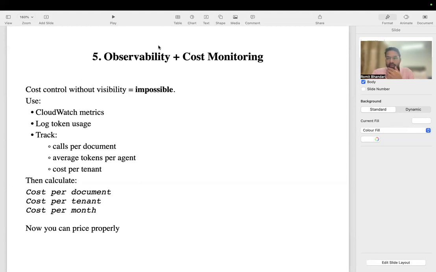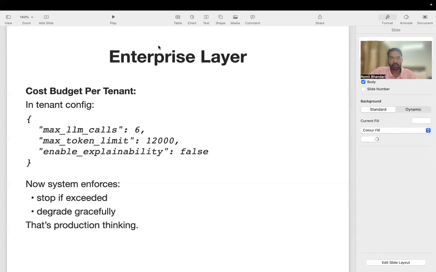You have CloudWatch metrics, you can log token usage, and so on and so forth. So with these strategies you can try to reduce costs, and basically optimize them. And just a bonus from my end,